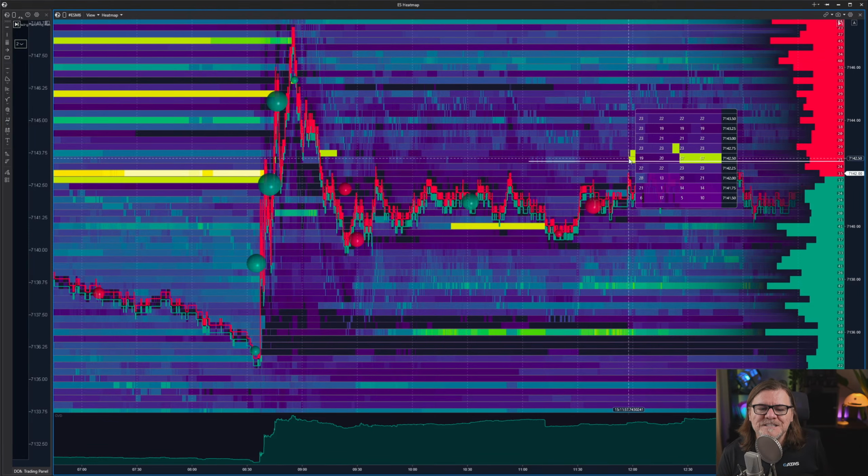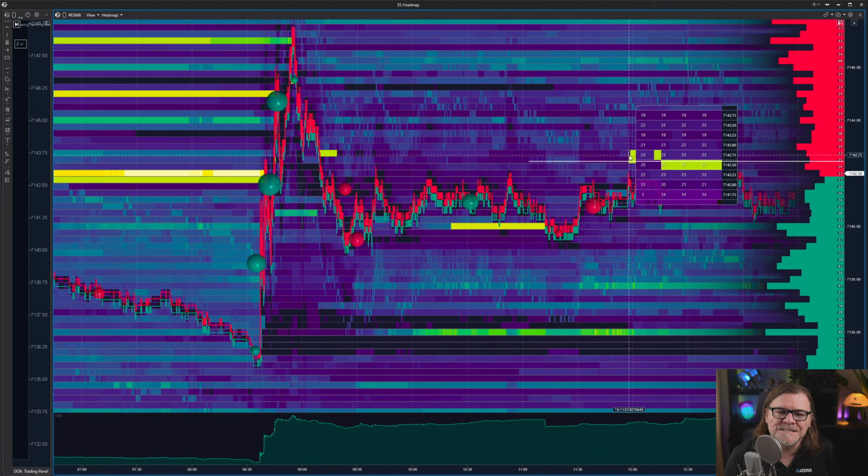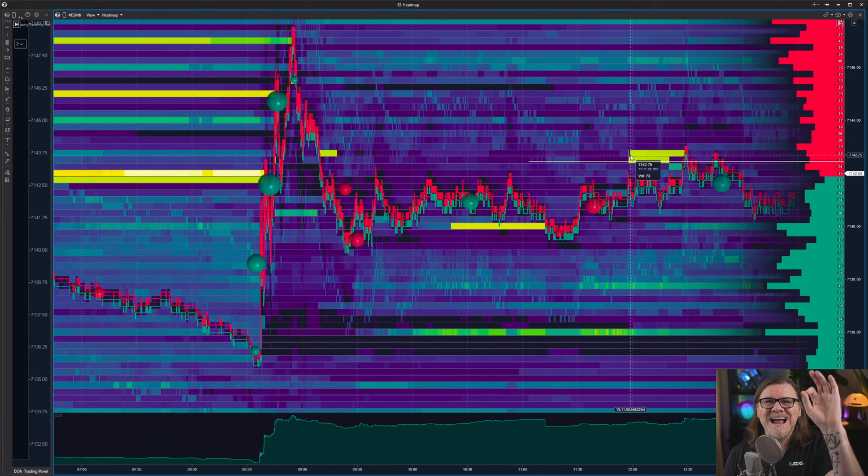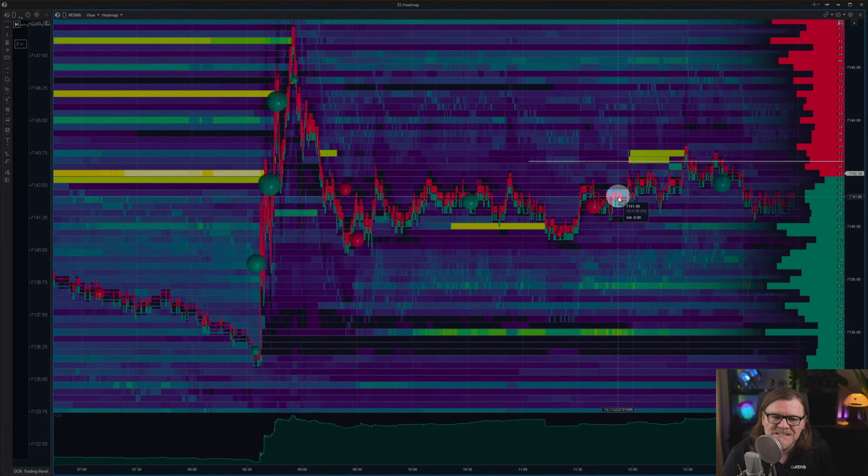From 20 to 67, it's 57 contracts added at 7,142.50, and then there's this 50 contracts added at 7,142.75. 100 orders. Sharks added here, placed here, because they saw that the price is finally, well, not finally,